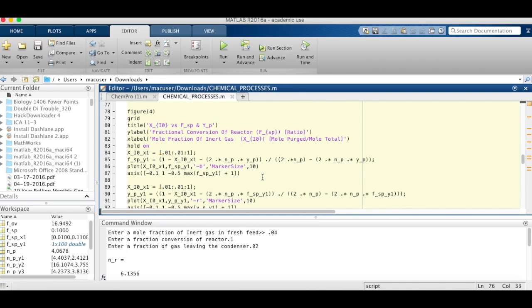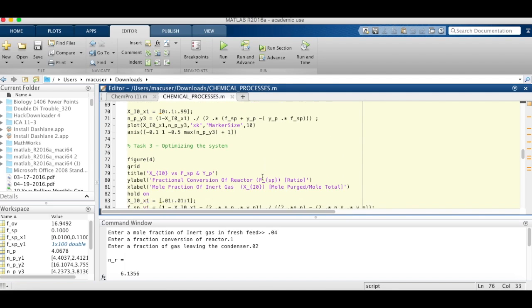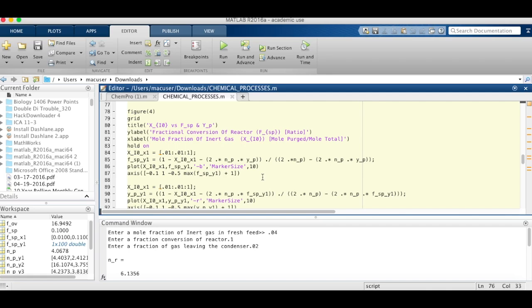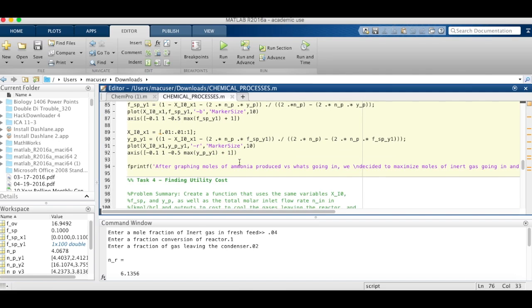For this third task, the previous graphs were not enough to determine where to optimize, so we graphed the 3 given variables against each other. So we made X initial naught the independent variable, and FSP and YP the dependent variables, and graphed those. And where those 2 graphs met was where we maximize